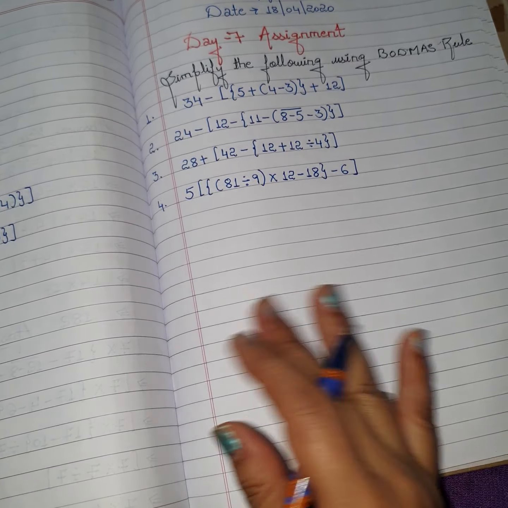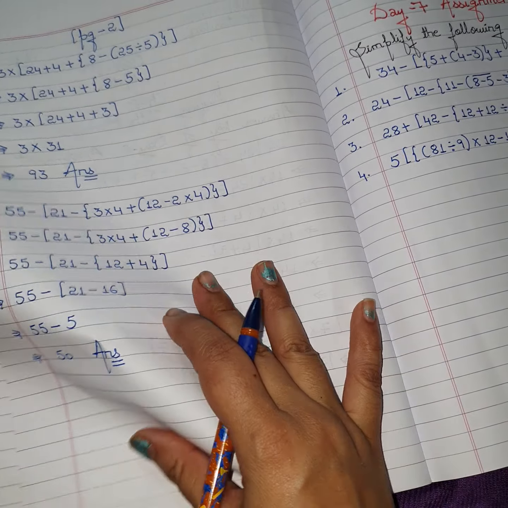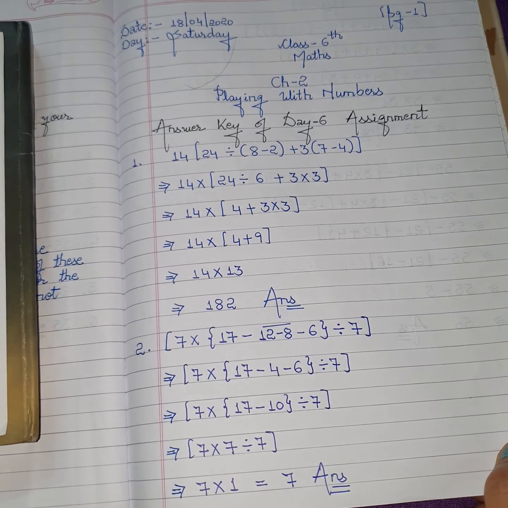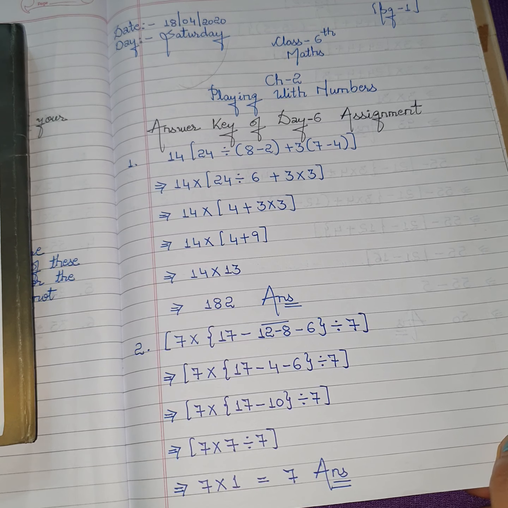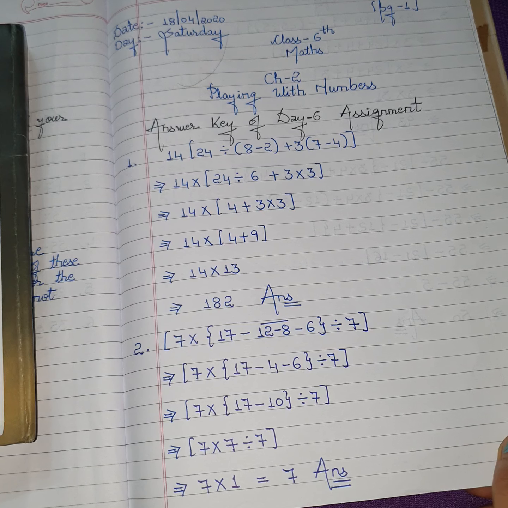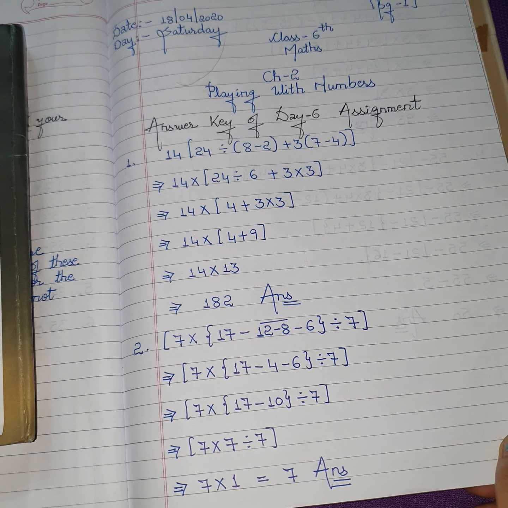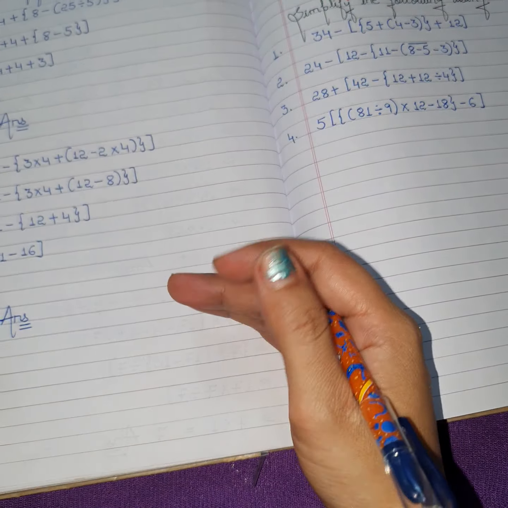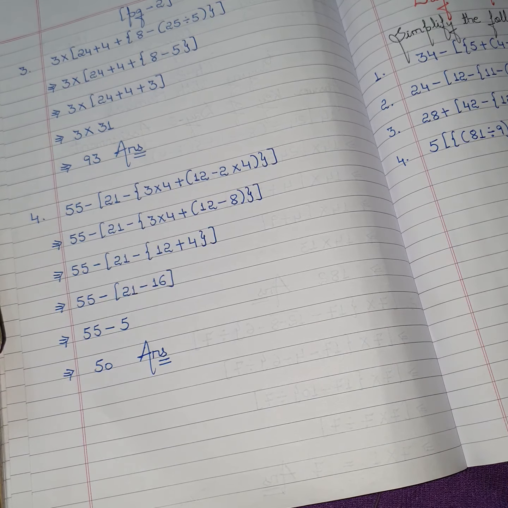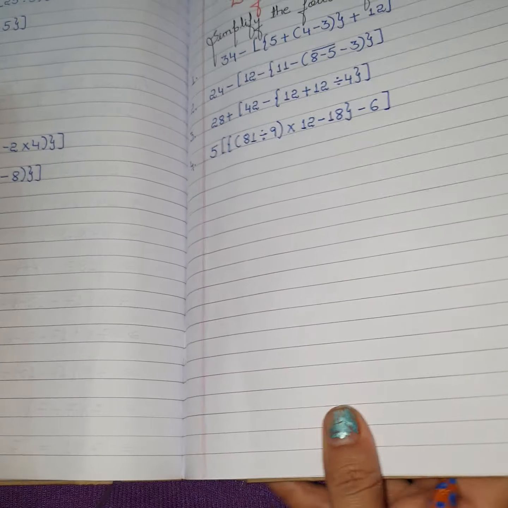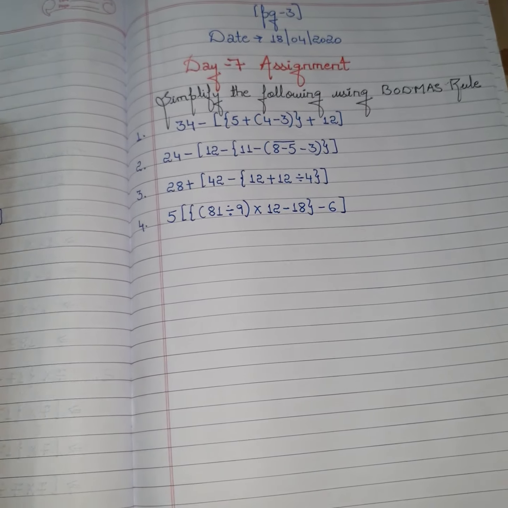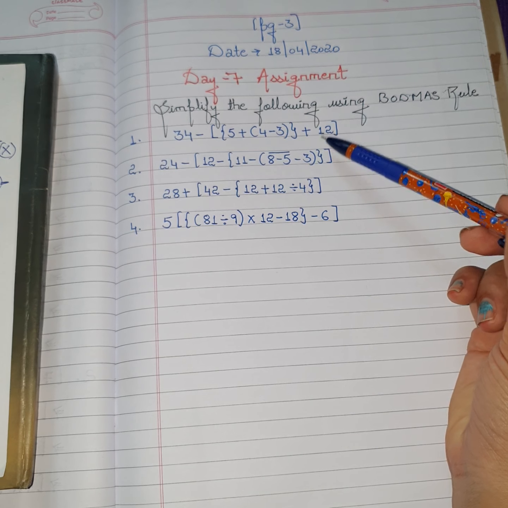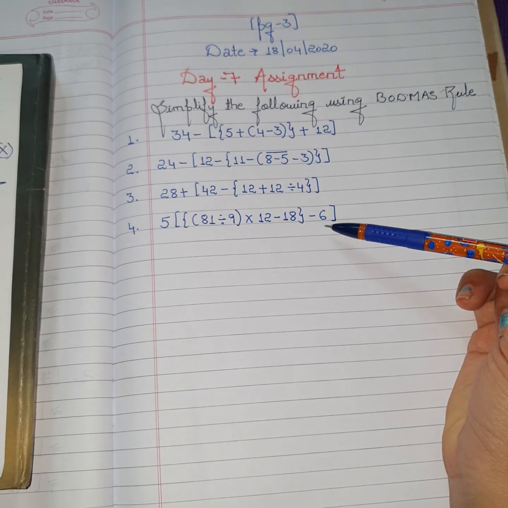And in today's assignment, firstly in today's PDF I have given you the answer key of the first 4 sums which I have solved. Here I have shown you how to solve the simplification sums which I gave you yesterday in your assignment. So firstly in the PDF you will find the solution of your first 4 sums. Then 2 new sums I have explained to you in the video, and then in today's assignment I have given you 4 new sums so that you can practice with these simplification sums.